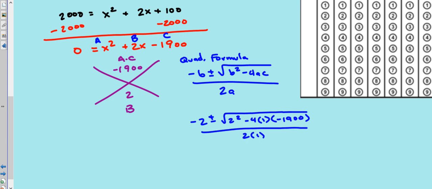And this would simplify to negative 2 plus or minus the square root of 4 plus 7600, all over 2. So let's go to the calculator and see what